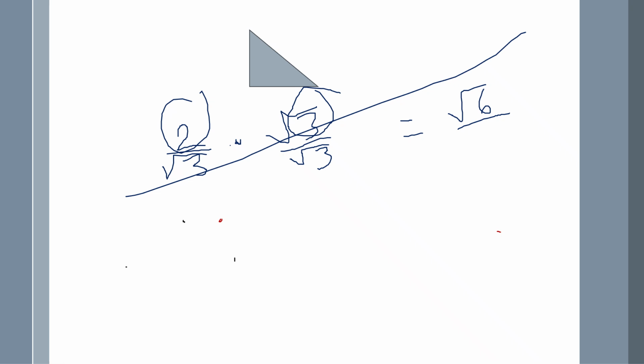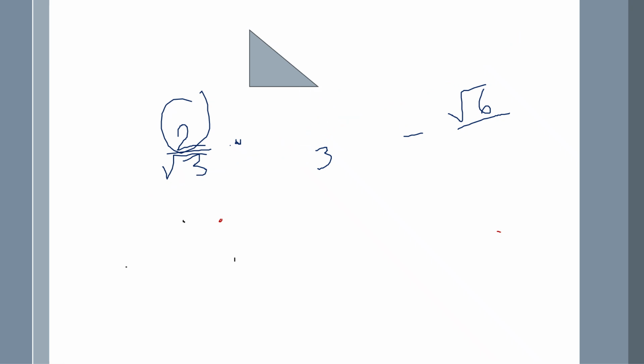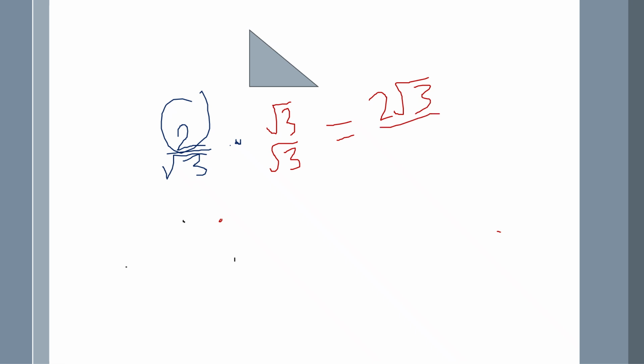Alright. So, it's how you're going to multiply 2 times square root of 3. You should have something like this when you multiply them both. So your numerator is going to be 2 square root 3, and your denominator is simply just going to be 3. You can't simplify that part. You can't simplify this because 2/3 is just 2/3. Alright, good. This is a 60-degree triangle, and this is square root 3,